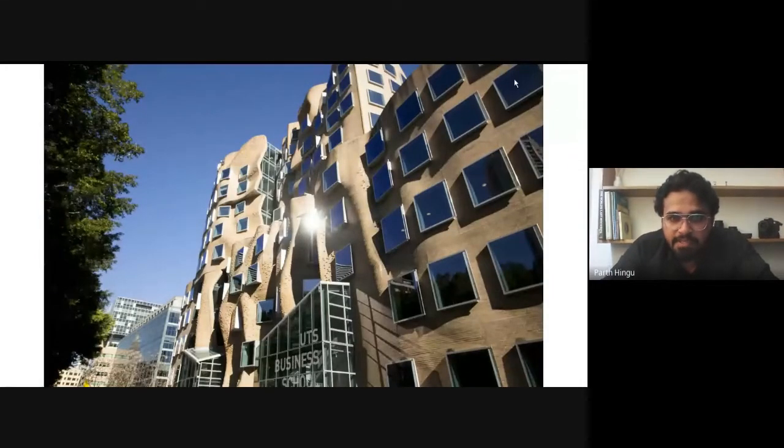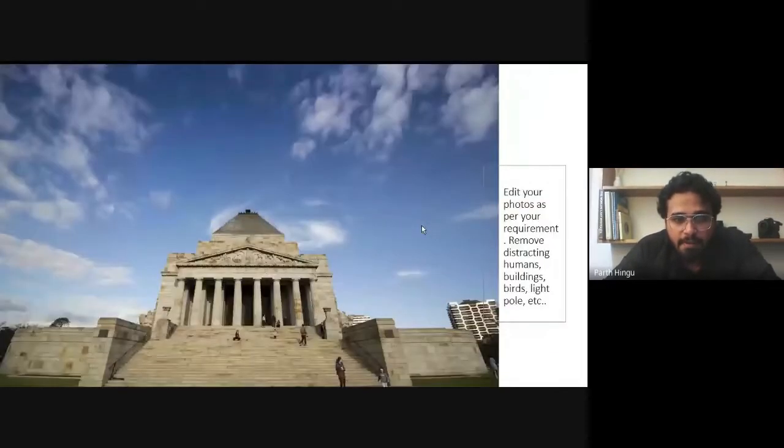Then after, anyone knows this building, it's the Dr. Chau Chak Wing building, and try to capture the sun if you can, like this one. So you can compose it how you want to compose, you can decide it, and just try to get the reflection of the sun as well.